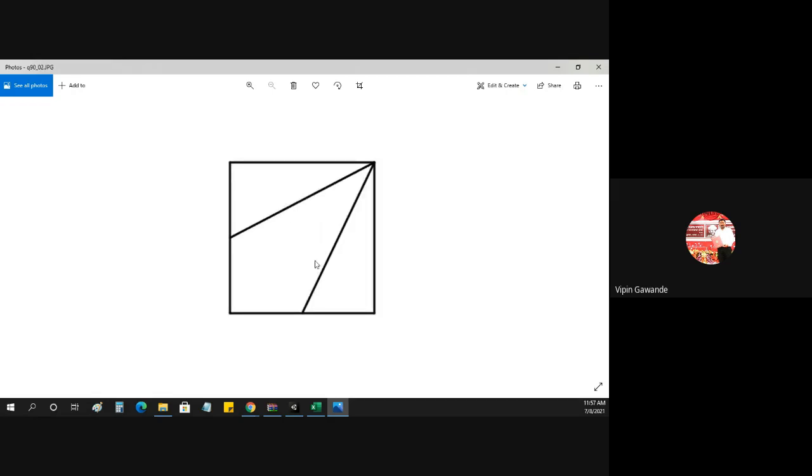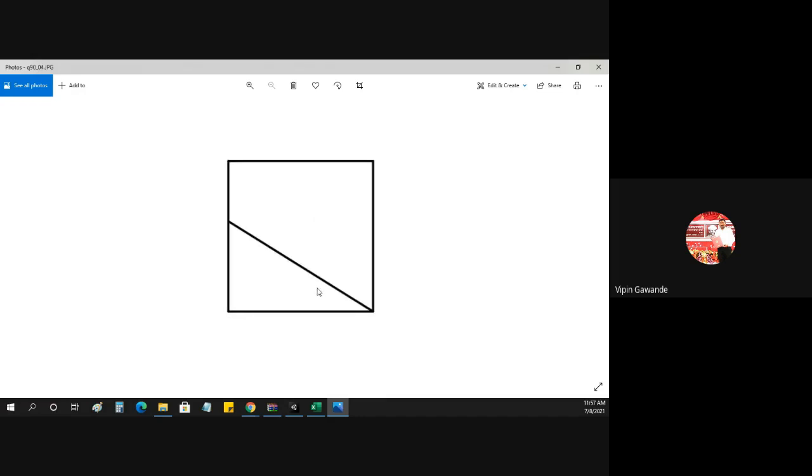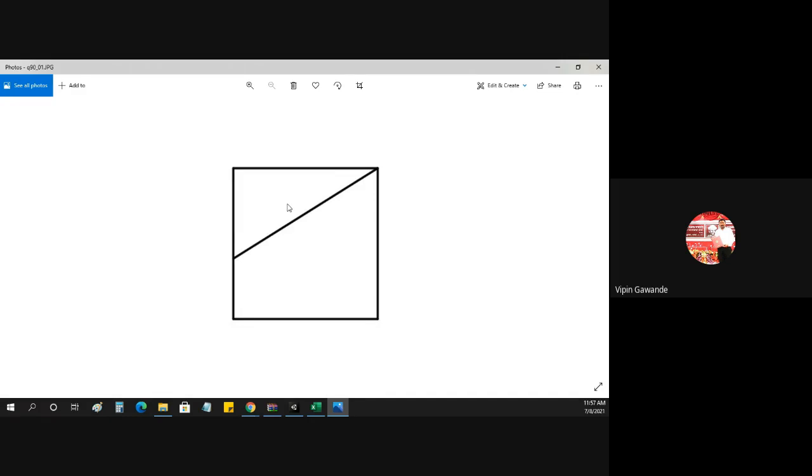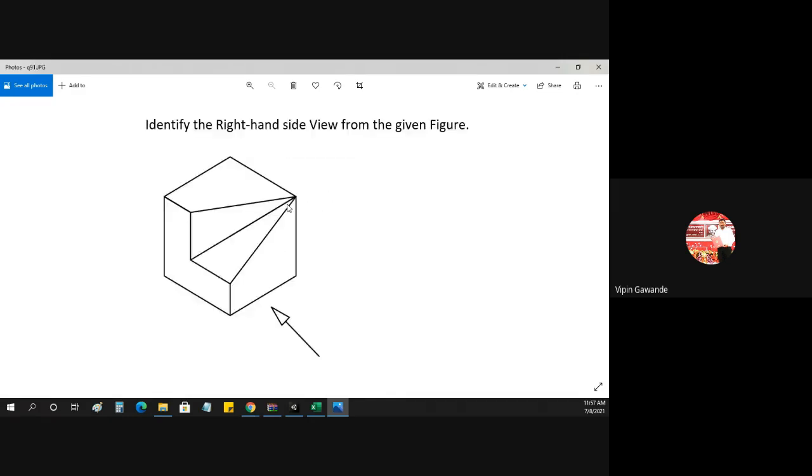This is not there. We got only two surfaces there. This is also not there. This is also not there. This is not at the bottom. This is at the top. This is at the top here. Okay, so see, choosing the option is very simple. Okay, now on to the next thing.